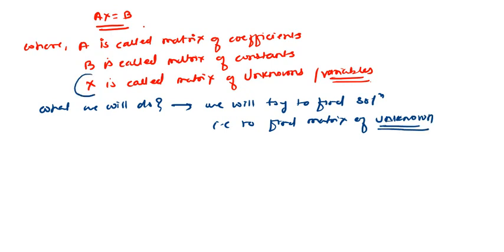We will try to find the matrix of unknowns, which will satisfy the system. So obviously this matrix of unknowns will contain some numbers, and those numbers will be the solution for our given system